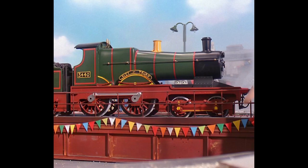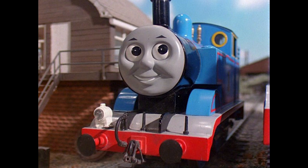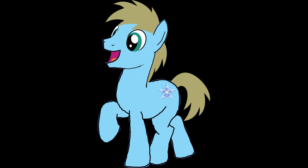Number 17, City of Truro. In case some of you don't know, there was a Hornby model of the City of Truro, who was believed to be the first to travel over 100 miles per hour, according to Thomas in one episode. And in all honesty, I wouldn't mind this character being re-released by Bachmann, whether he's faceless or not, because